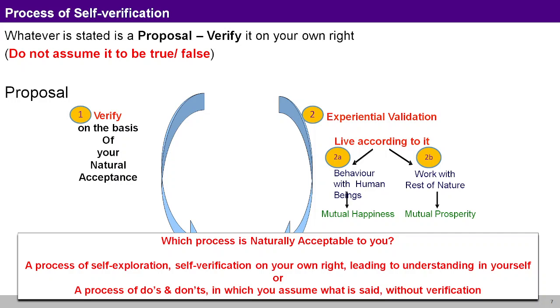Whatever comes to you is a proposal. For example, I feel thirsty, so I need to nurture my body, so I need to drink water. Okay, verify. Yes, I am thirsty. Okay, have a cup of water. A small example that I have given to you. Like that, all the desires and thoughts are proposals. Verify it on your own right, with your natural acceptance. You will get the harmony, and then you can validate it